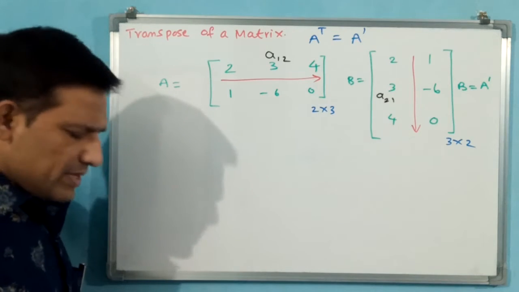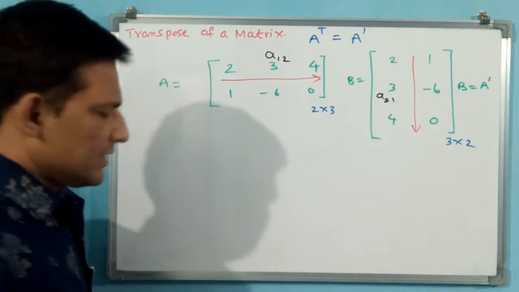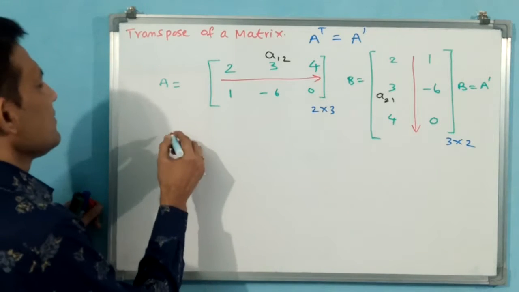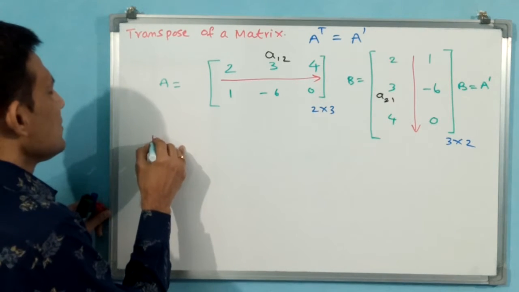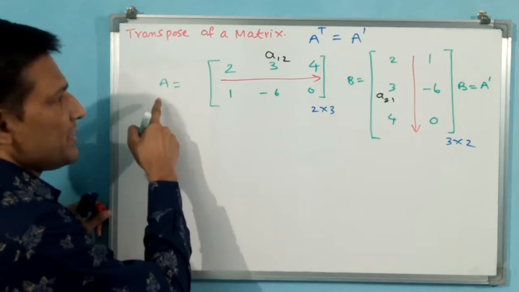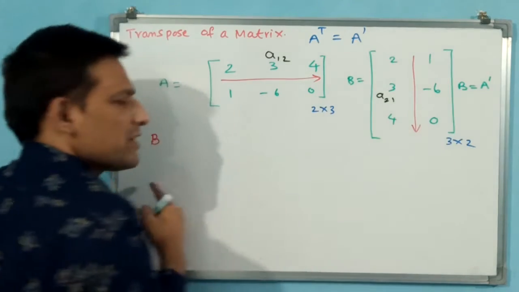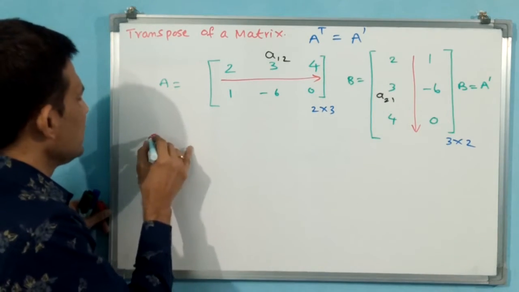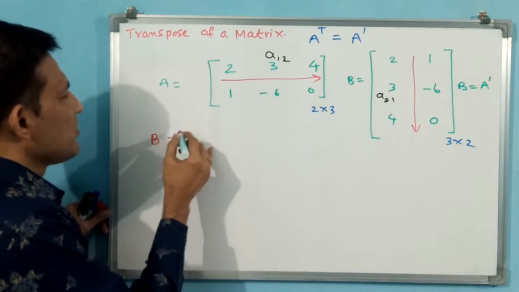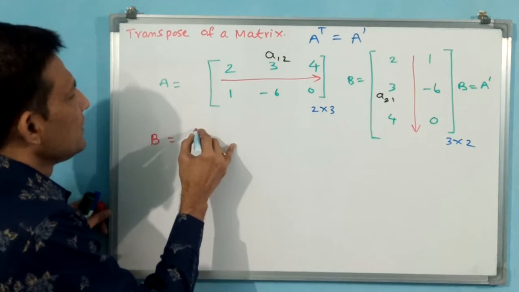We will study up to 3 by 3 only, that is why I am going to write a 3 by 3 matrix. Now B is there. Not only A transpose means A dash, B transpose means B dash, that's all. B also you can take as a matrix, whatever it may be. B I am taking, you see,